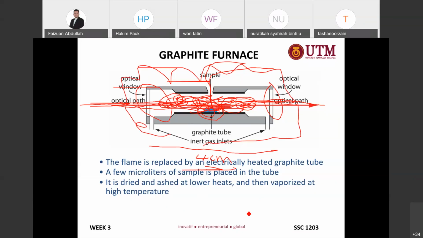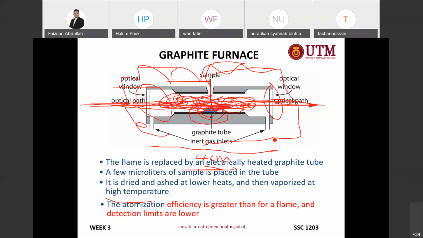Okay, so a few microliters of sample is placed in the tube that I told you here, and it is dried and shed at lower heats and then vaporized at high temperature. Okay,